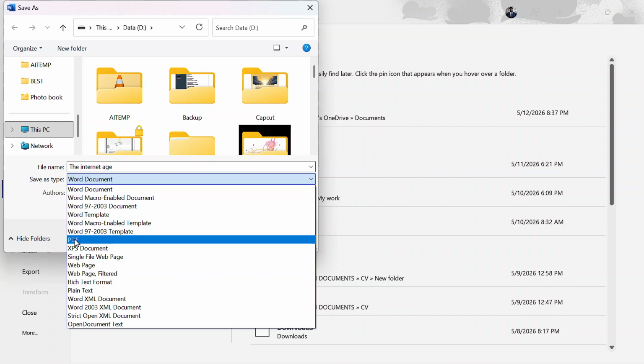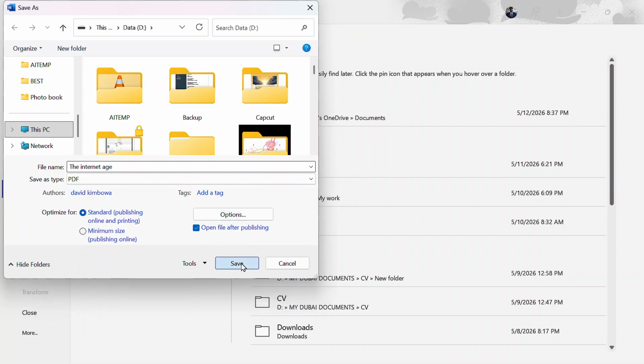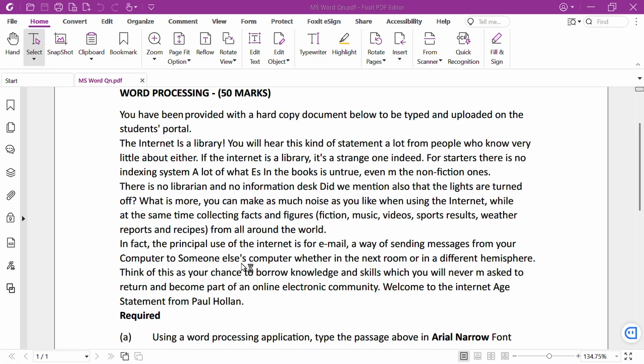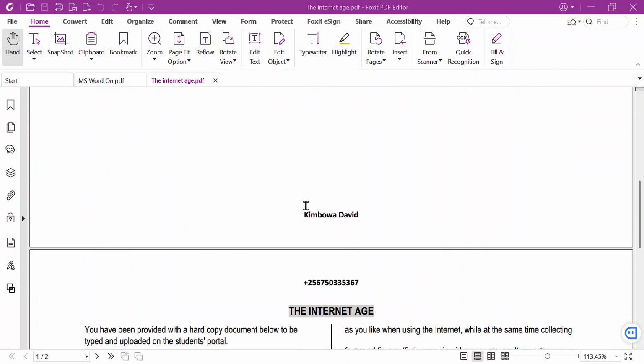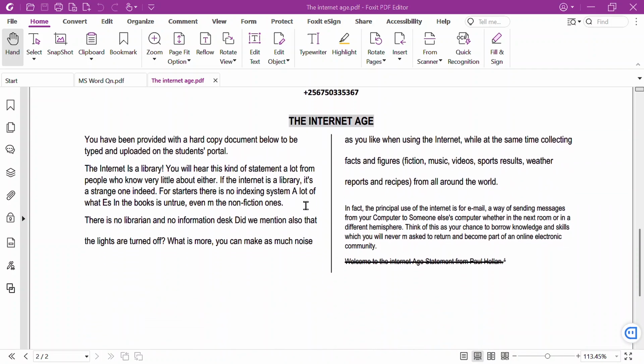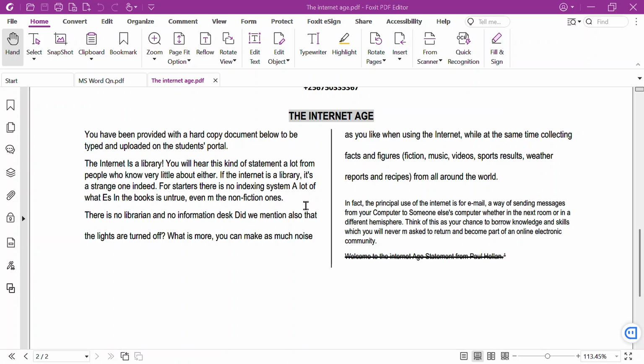So after putting the file name, go to Save As Type, tap there. When you tap there, it displays a list of all the types that you can choose, and from there tap on PDF and you click Save. When you click Save, your document is saved as a PDF. And always when a document is saved as a PDF, it creates a preview of the same, and this is the preview. That is our first page, not formatted, and this is our second page, formatted with all our formatting features that we've added to the document.